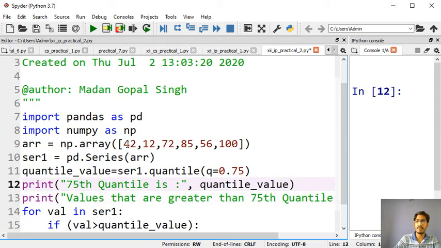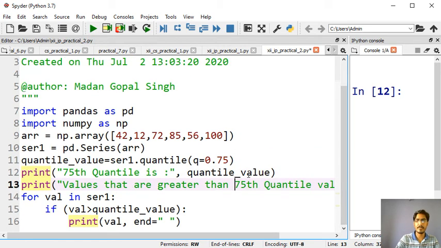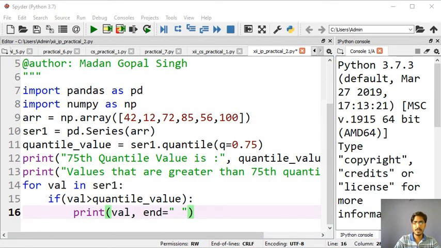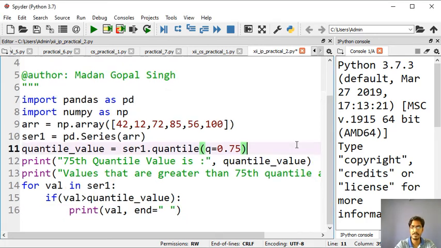Okay, now we will run this. I hope you are able to see this code. So this is how you will write this code.